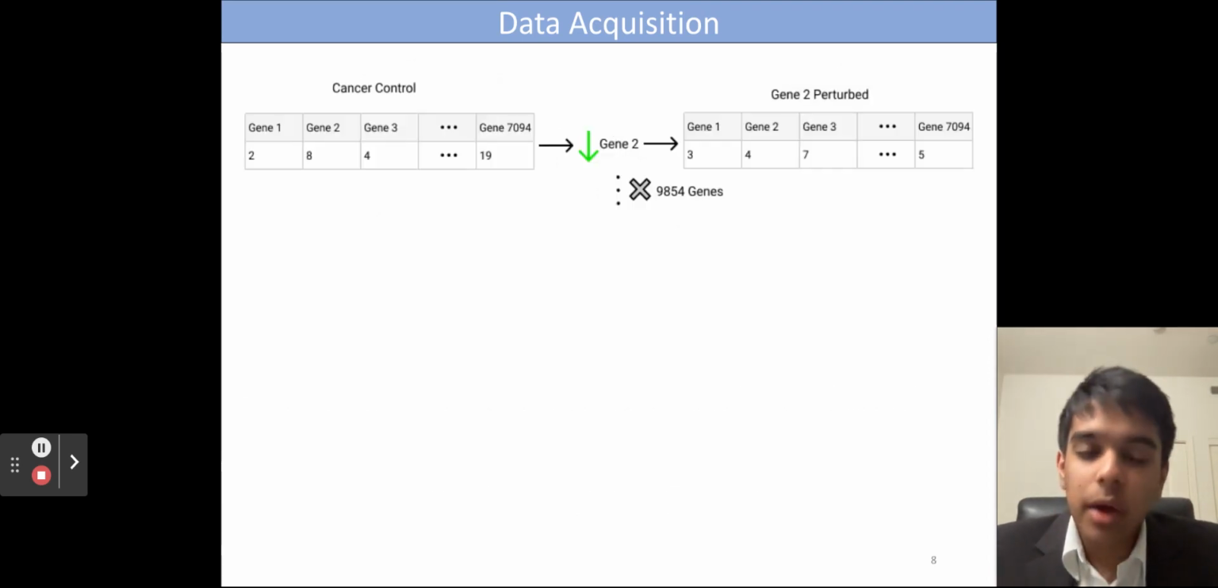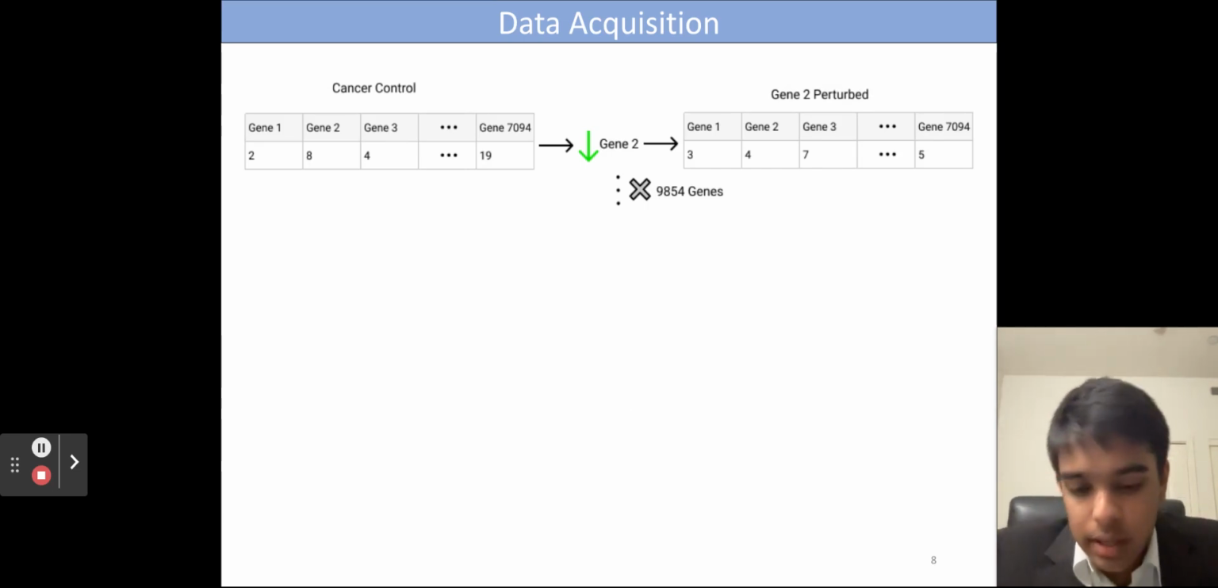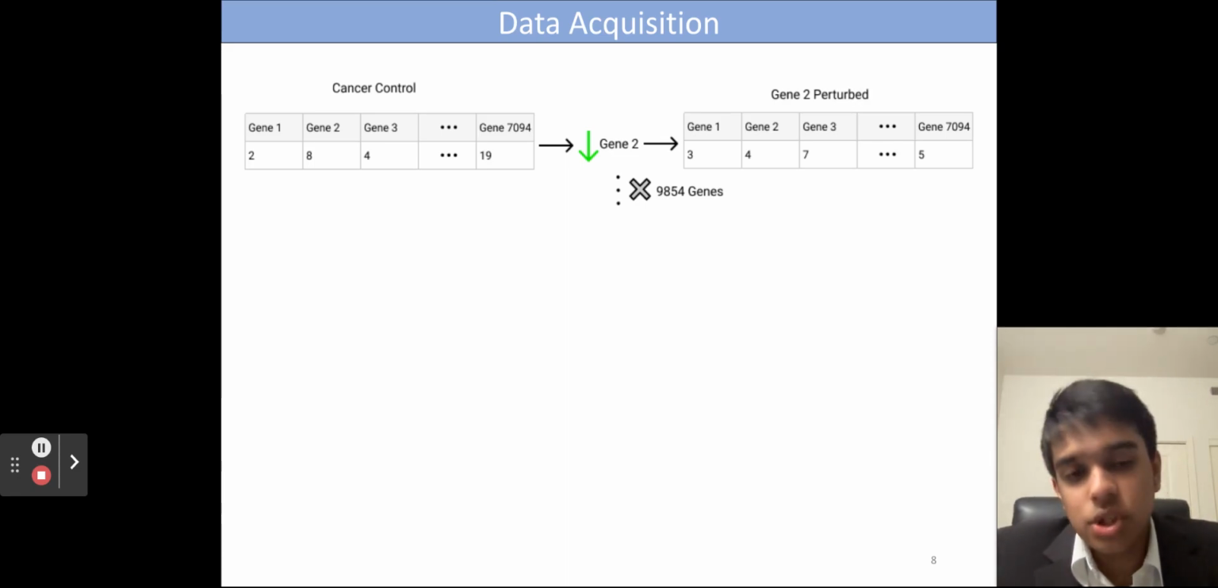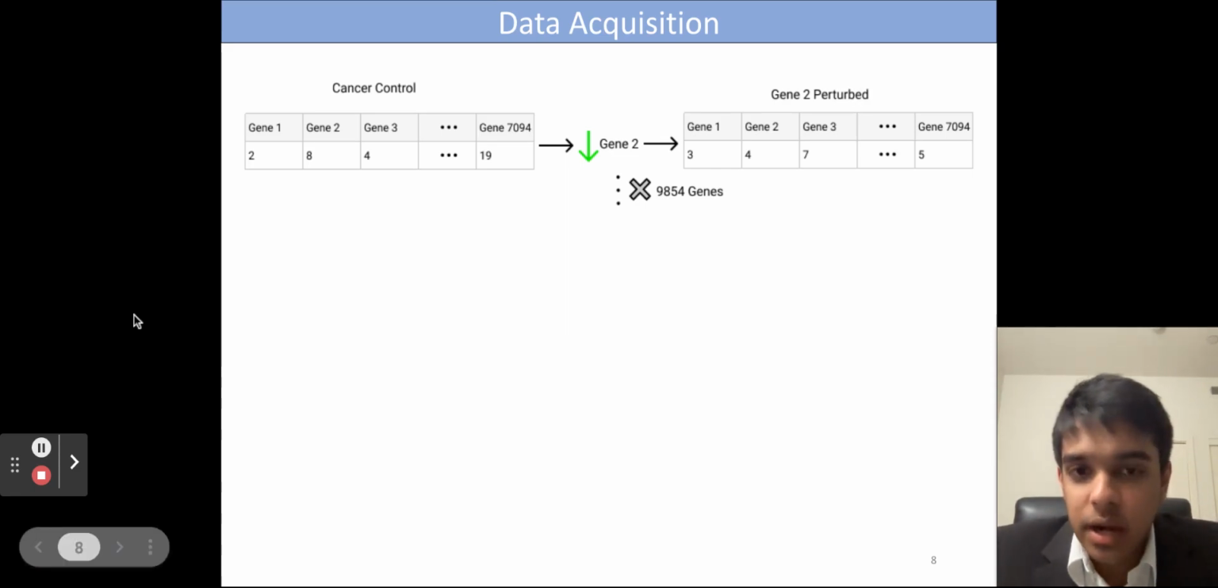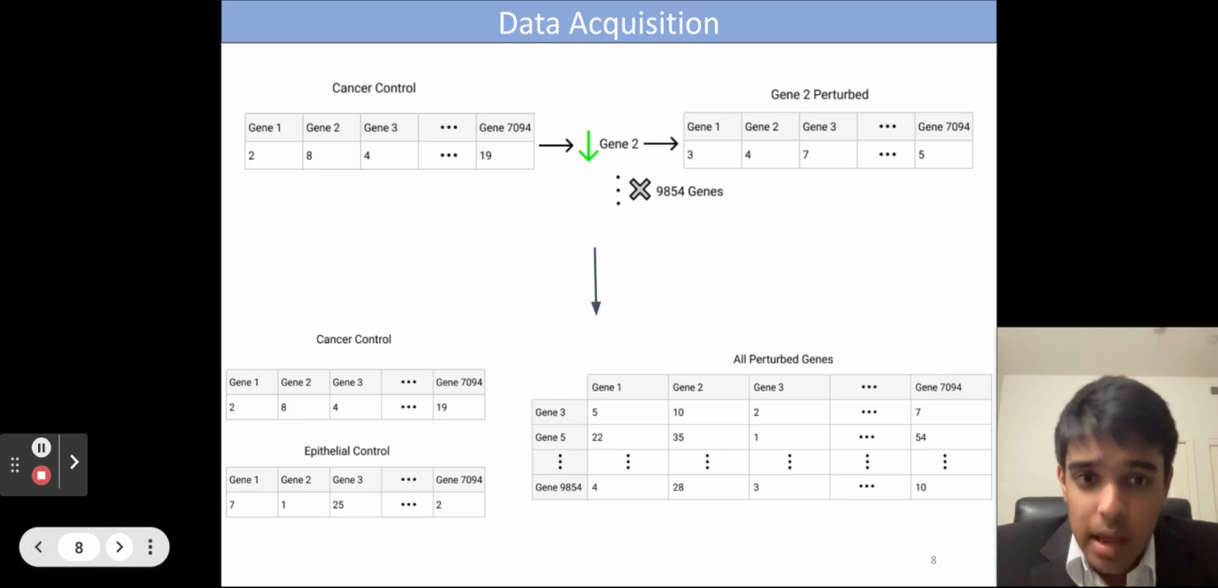So essentially, how this perturb-seq works is you have a control cell line. In this case, it was the erythroleukemia cancer control cell line, and in that cell line, each gene is perturbed. In this case, a 30% knockdown on the gene, and then after the perturbation, the gene expression levels of all the genes are measured again. And this is done for all the 9,854 genes in the data set. And this gives us